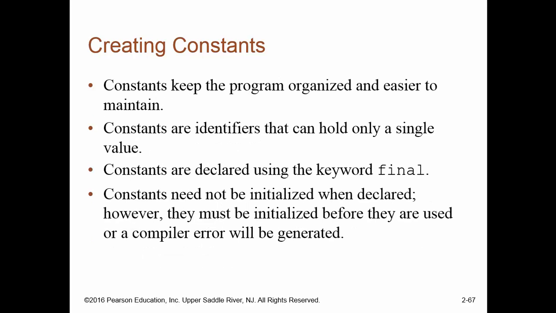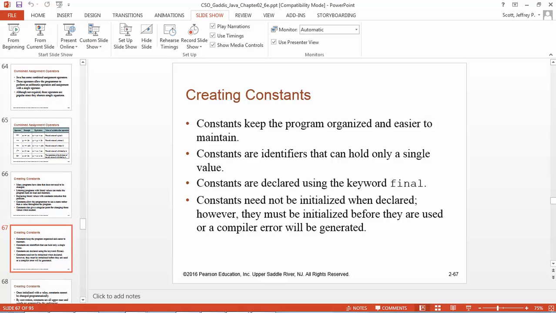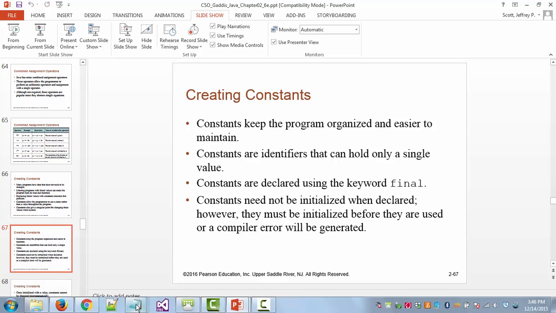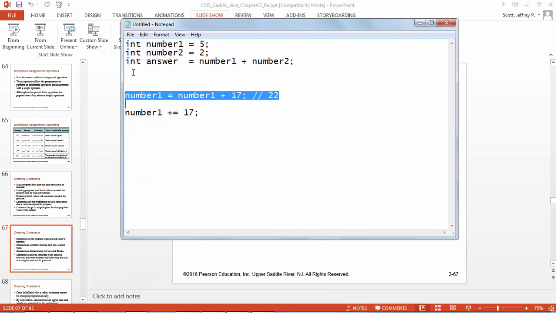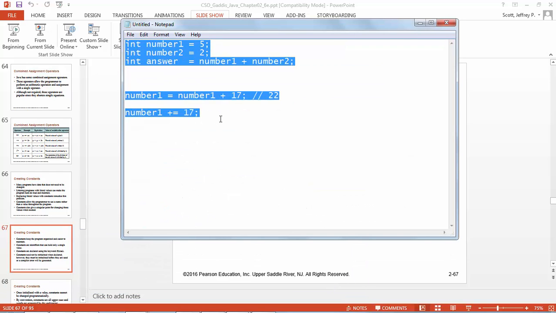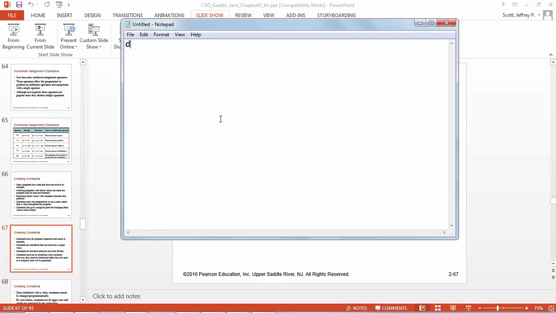A constant is something whose value cannot change once it's been set. So let's say that I'm writing a program, and in that program I want to create a tax rate. And I want that tax rate to be 7.5%. I could come in here and say double taxRate equals 0.075. But that's not a constant. I can go in and change the tax rate later on in the program if I want to. But if I type in final double, and typically this is going to be a constant, so constants are in uppercase, equals